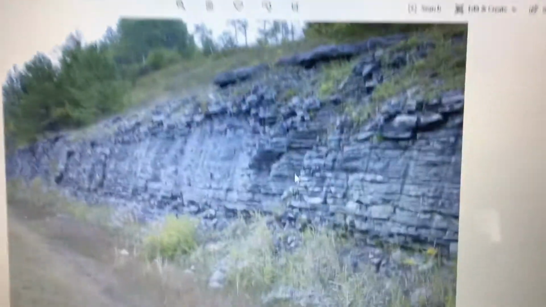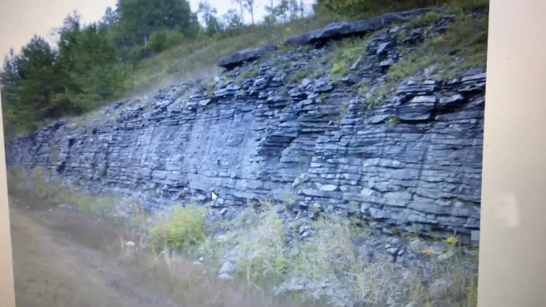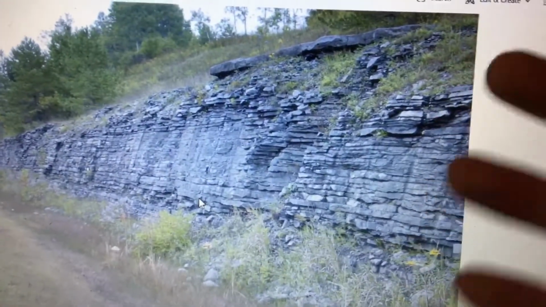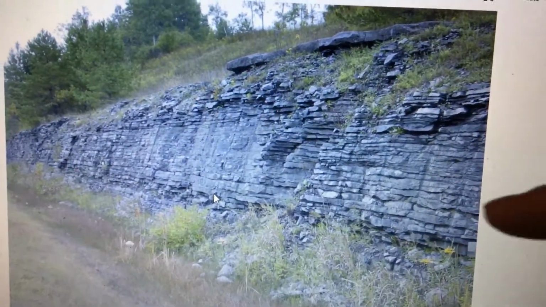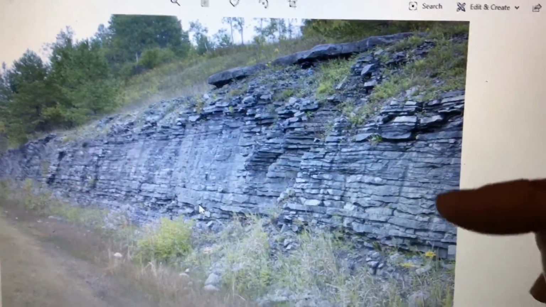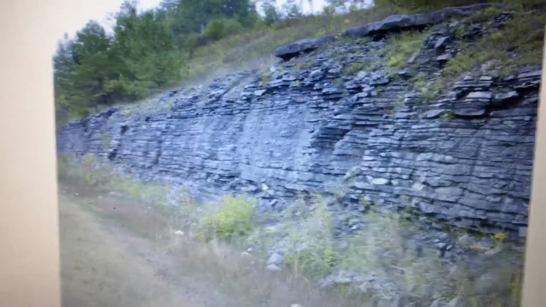So this is a picture off my computer. One of mine from somewhere between Boonville and Lowville. And what we've got is a whole bunch of sedimentary rock layers. And the sedimentary rocks, they're like pages of a book. They tell us what was going on at the time. If we know what kind of rock this is, we know what kind of environment it must have formed in, because we can see those environments today. So using this same principle,